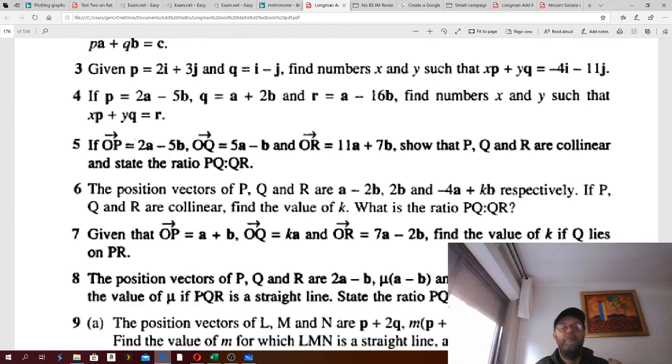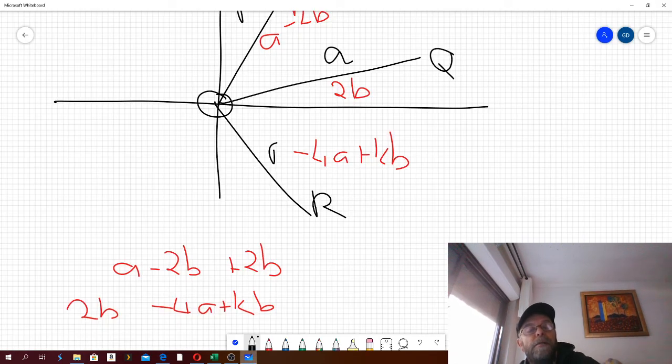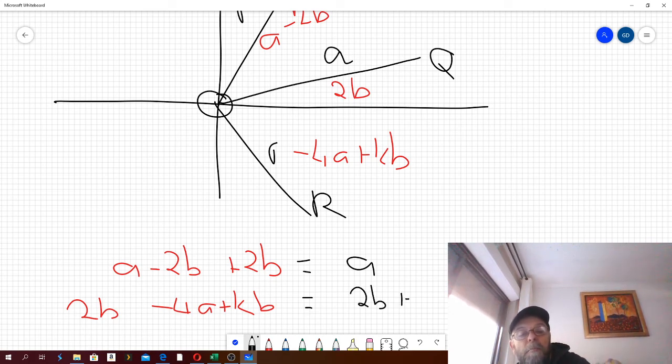Okay, so PQ vector, okay, if I went from P to Q, I would simply add them up and go A minus 2B plus 2B, which would give me A. And then Q to R would be minus 4A plus KB, okay. All right, so let's put that in quickly. Right, so A minus 2B plus 2B gives me actually just A. Right, but that must be the same here as 2B minus 4A